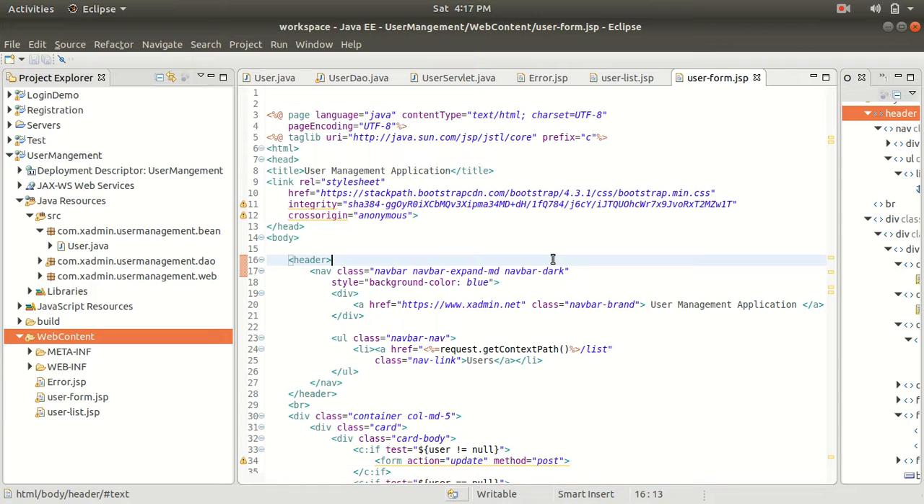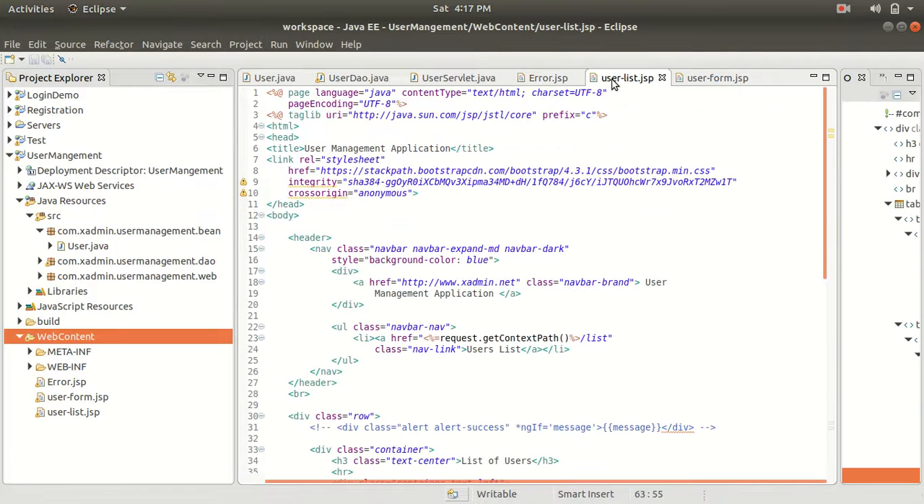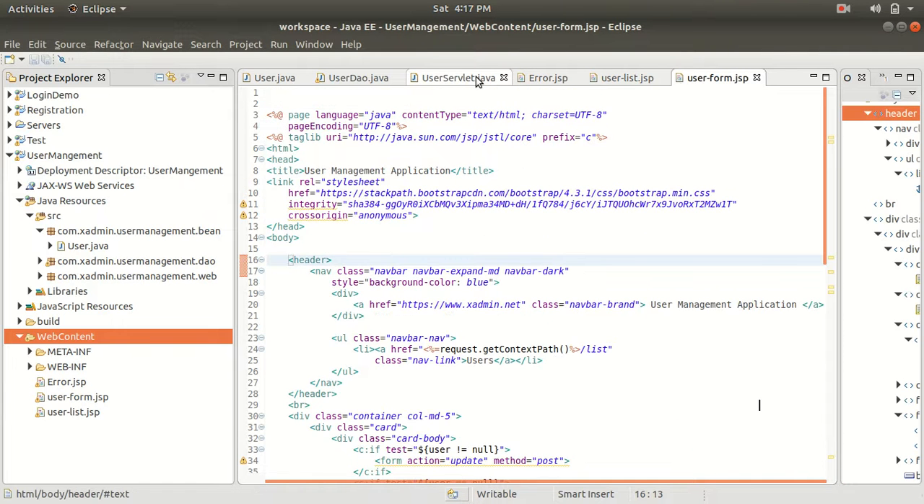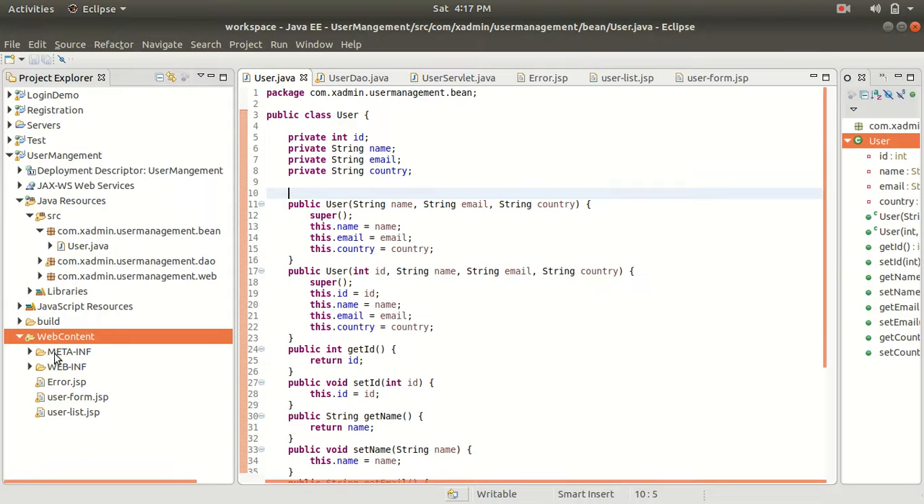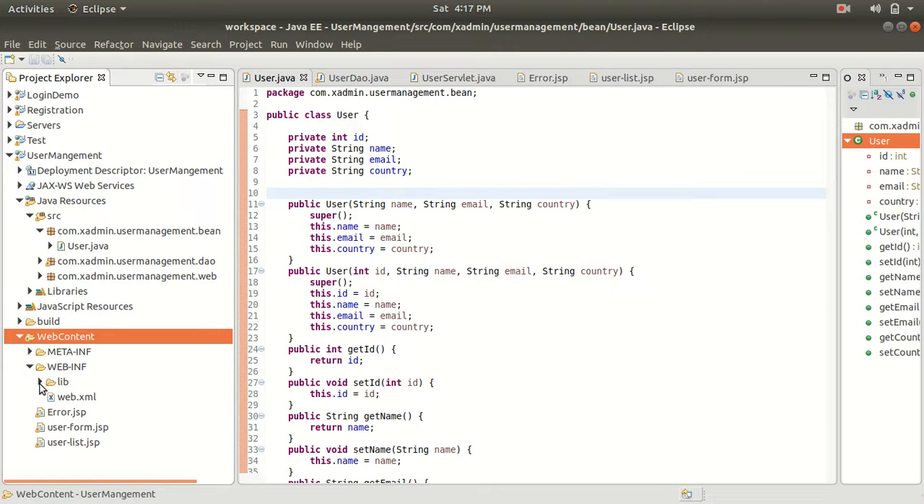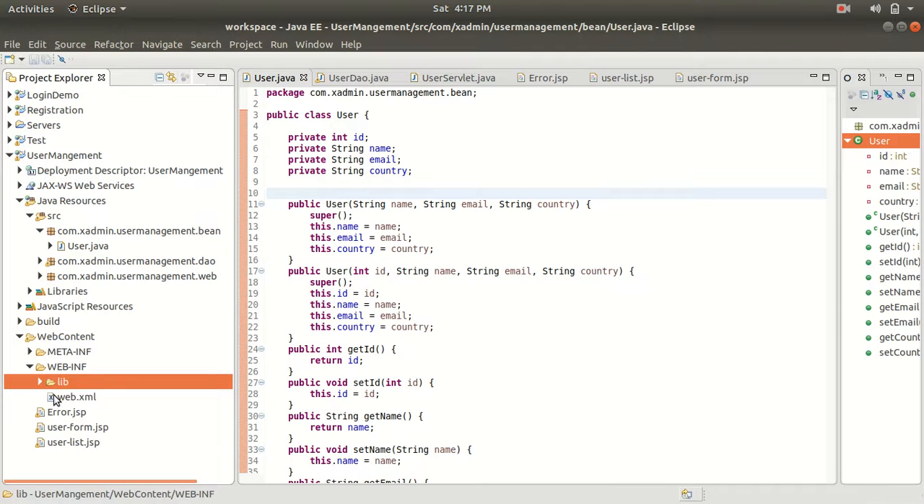And I will share the GitHub repository URL, so that you can paste the JSP and study the JSP from there. So till here, I have created the error page, user list, user form, servlet, DAO, and the user bean class. Now the next step: I have also pasted the lib folder, all the libraries and the jars. So the next step is to